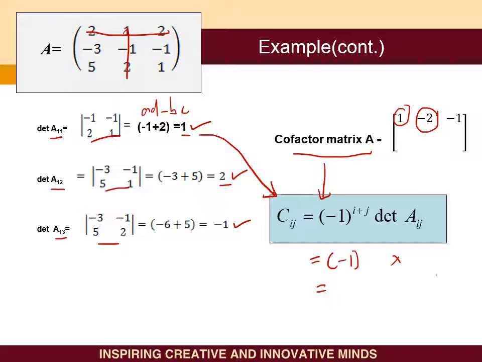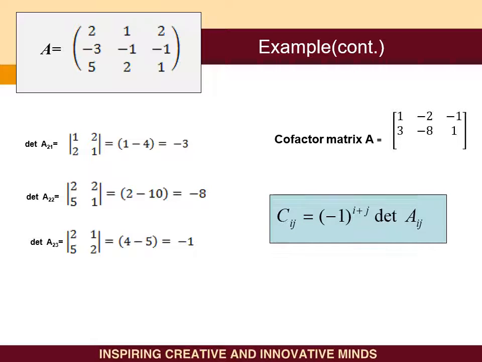is A13. A13 is negative 1, the I is 1 plus 3 multiplied by the determinant of A13, which is negative 1. So negative 1 power of 4. 1 multiply negative 1. So it will be,